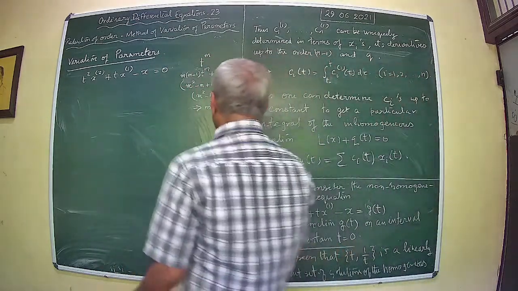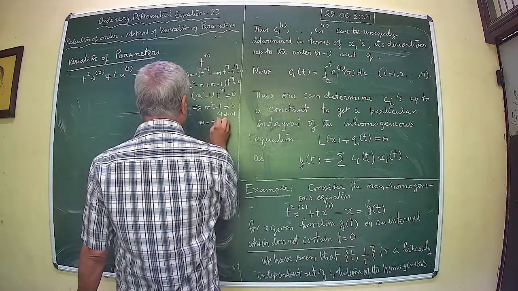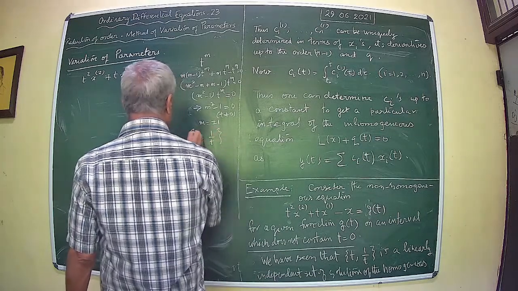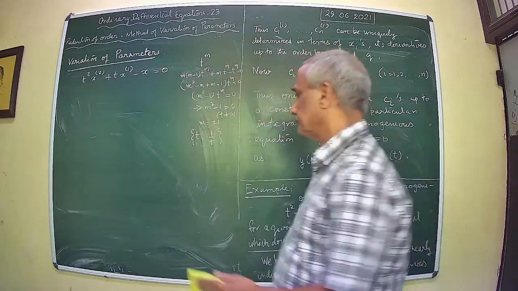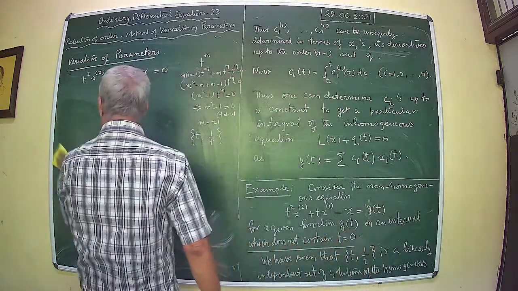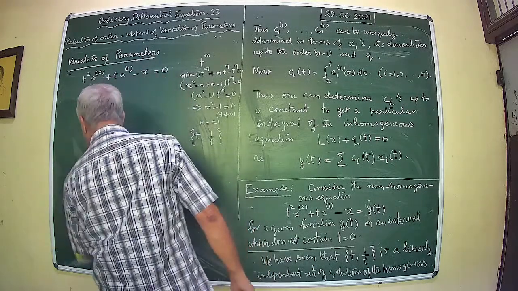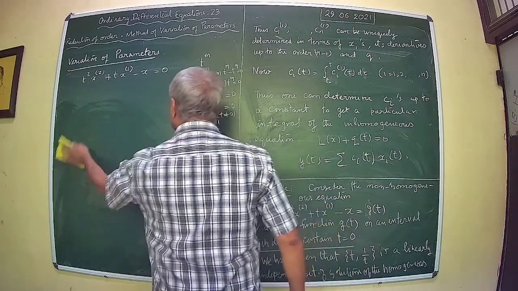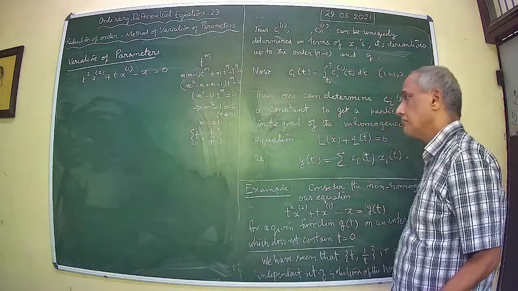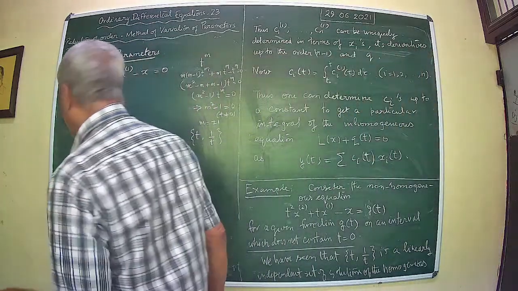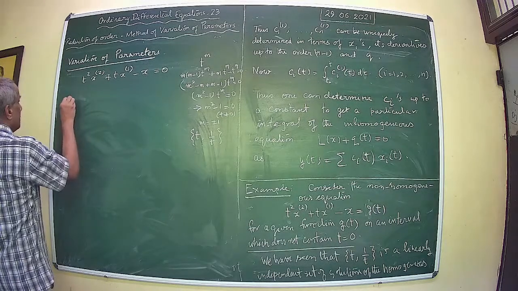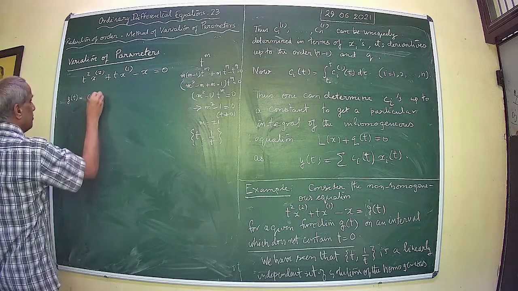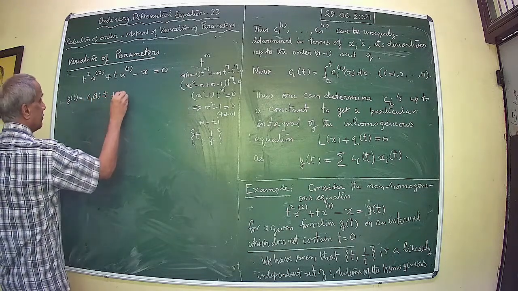Then what do you get? You get m is equal to 1 and minus 1, that is t and 1 by t are the corresponding solutions. Therefore, what we assume is that y of t equal to c1 t plus